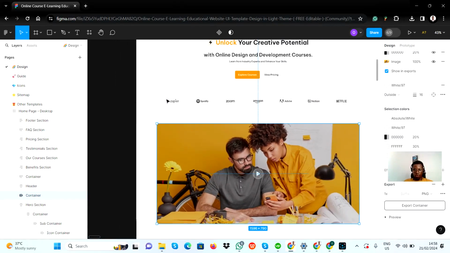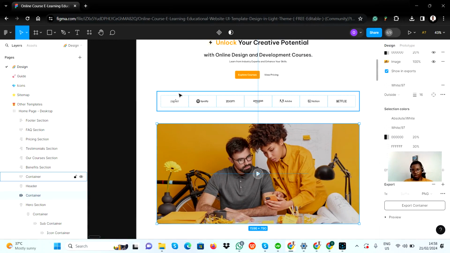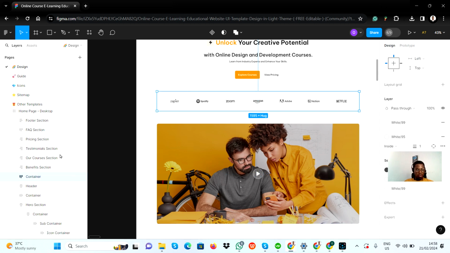All right. So the next thing we want to do now is this section. As we can see, just like I said earlier, everything about web front end design is actually about boxes. We can see that these logos are inside different boxes and they are all wrapped by another box. Now we can see here that there's a container, and here is a card, and a card, and so on. But the way we are going to achieve this in Bubble is